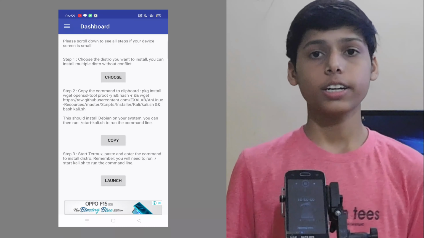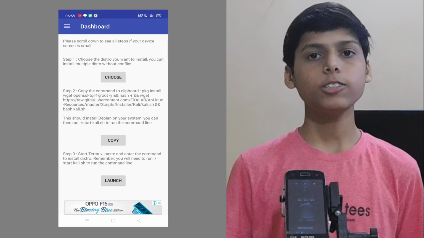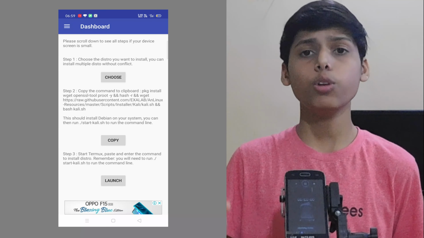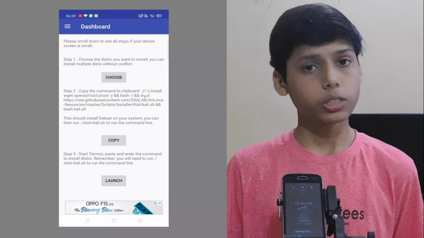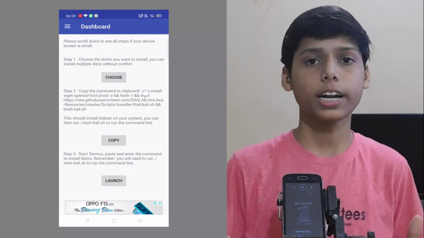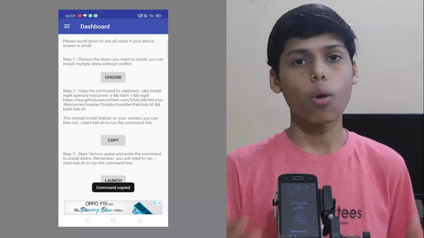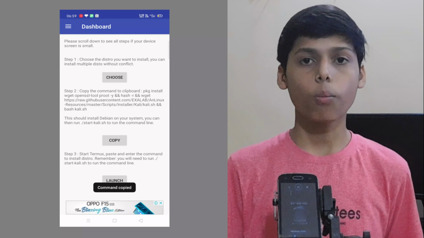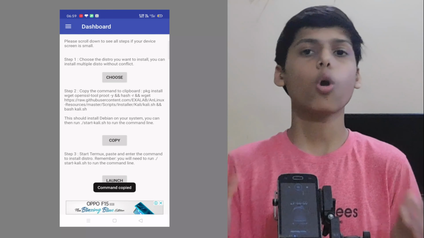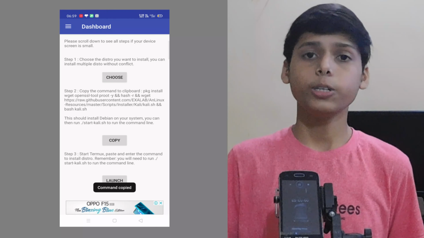Now after you have selected the Linux which you want to download, you need to copy all the commands which are listed in step 2. In that application you will see that there are so many steps listed. When you go to the second step, you will find some amount of code. You need to just copy all that, and then paste it. When you copy it, it will be automatically saved in your clipboard. You do not need to do anything.